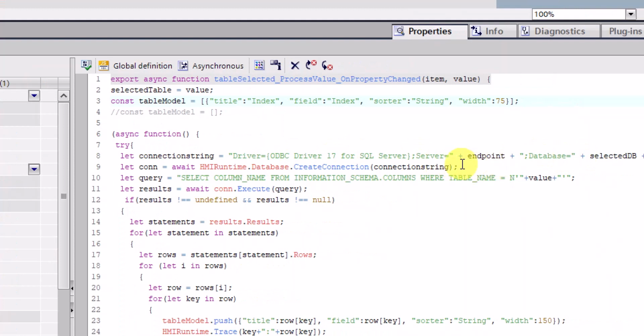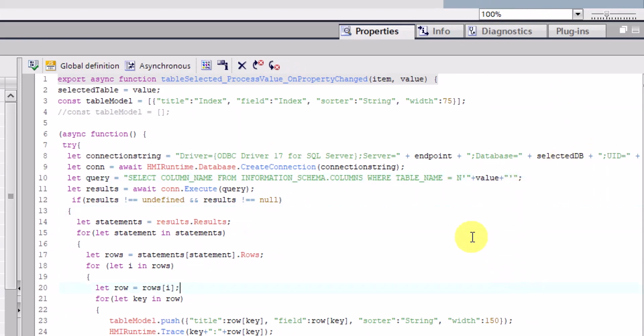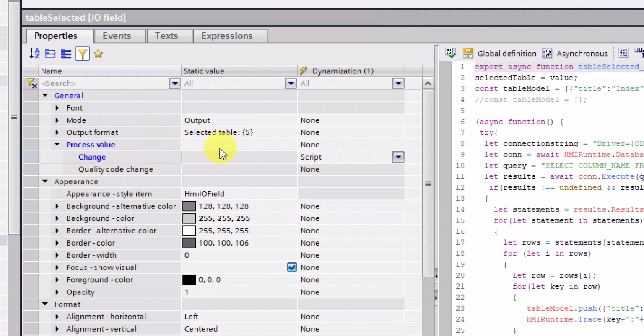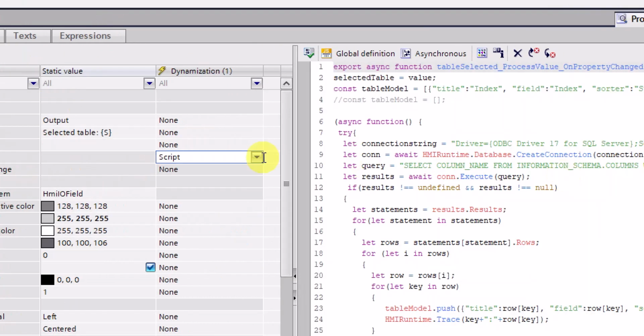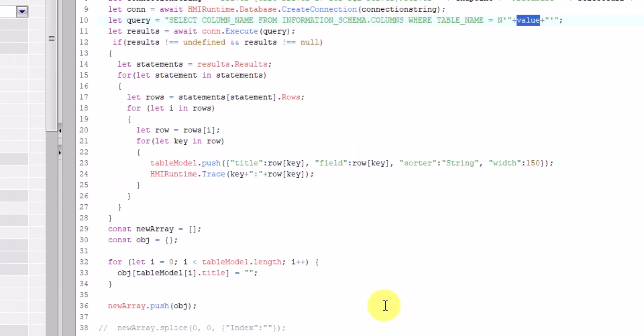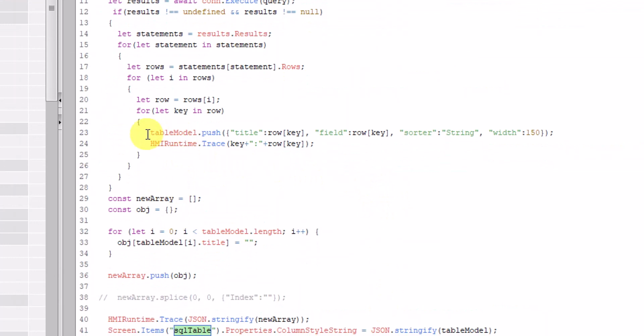We have the same connection string as above. And here is a hard-coded query to know what the columns are from the selected table. So value here is the value of the IO field that is returned automatically with the change, with the on-property change. You already have the value available. So the value means what's inside of the process value at that time. So basically you can use the value inside your script, and that's just a query to your schema, sorry, of the selected table,